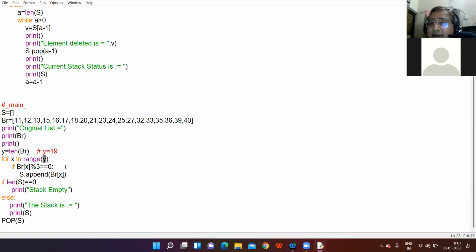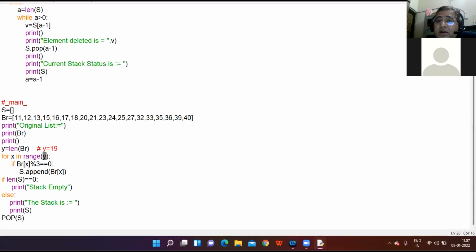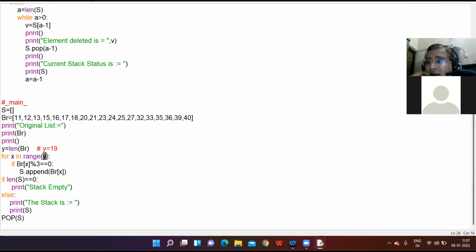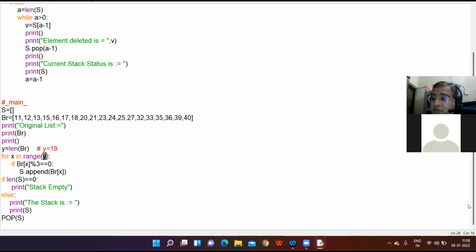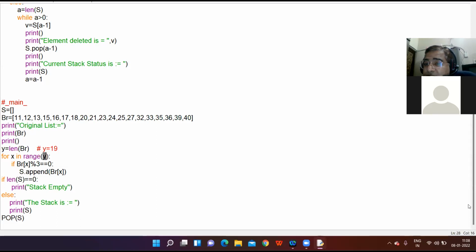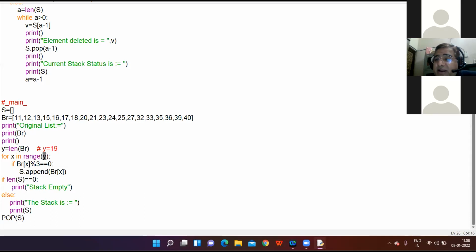Who will tell? Inside the for loop I have taken y. Again Maulik, again the same hand. Is there any other child except Maulik who can give the answer? Every time the same child is answering the questions. Yes, Hiya, unmute yourself. Abhishek, okay. Sir, 0 to 18. 0 to 18, very right, good.